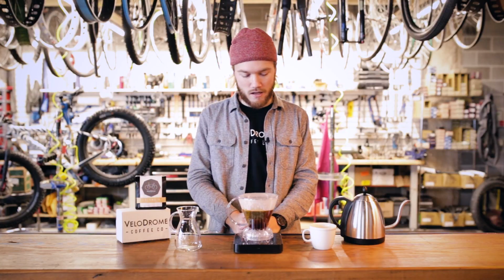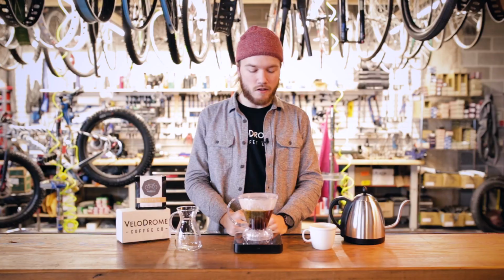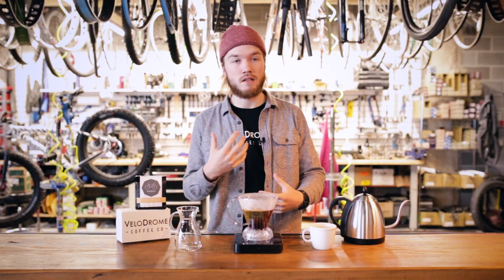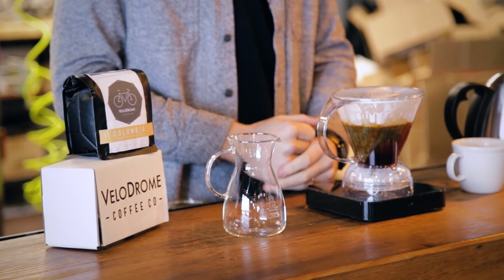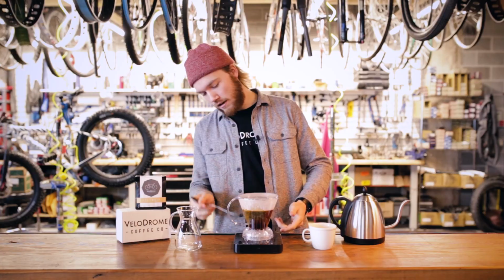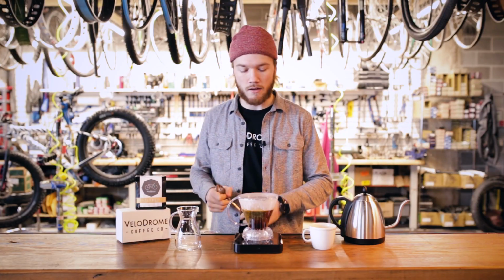While we're waiting, just a little bit about kind of what we were expecting in this cup. As I mentioned earlier, you get a really nice rounded balance with a Clever. I like to use a 1:16 ratio because it still gives you a little bit more of that acidity, still is able to come out. If you do like a 15:1, you get like a really nice full body coffee. So if you like really rich coffee, you can also make this happen with that. You can make anywhere from a single cup to 2, maybe almost 3 small cups with this brewer, which is